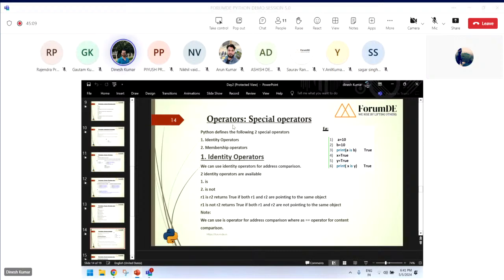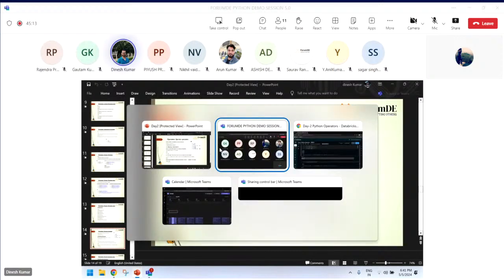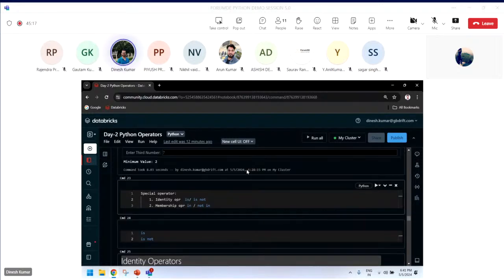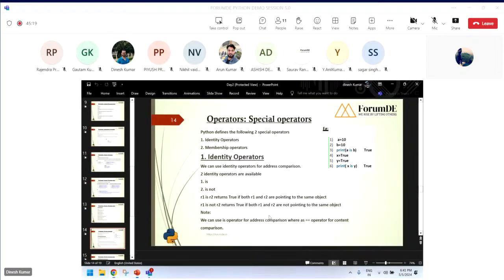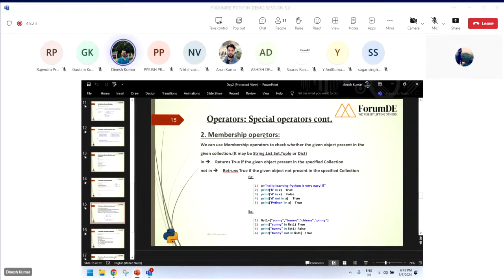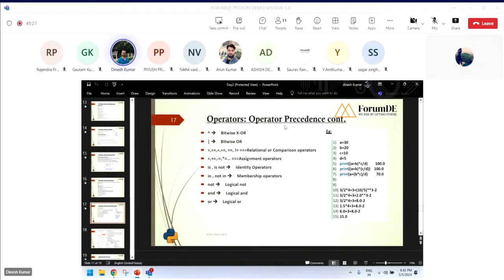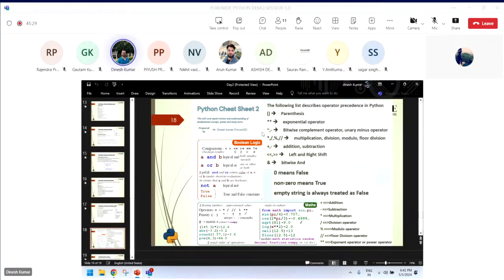And then the special characters which we have discussed, identity operators and membership operators which I have discussed here itself. If you have gone through that, yeah, this one, the same thing I have mentioned earlier also. And then some of the examples I have discussed about operator precedence. These conclude whatever we have discussed regarding the concept of operators, logical operators,